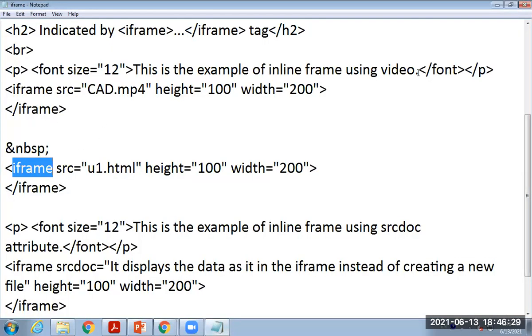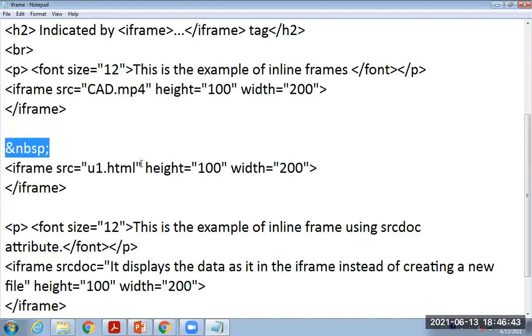Instead of providing the video, we can say this is the example of inline frames. Inline frames indicate all types. This is the first one. It will create the single space. If you want to create more spacing, then again provide it multiple times and then we can generate a specific number of white spaces or blank spaces in between these two frames.